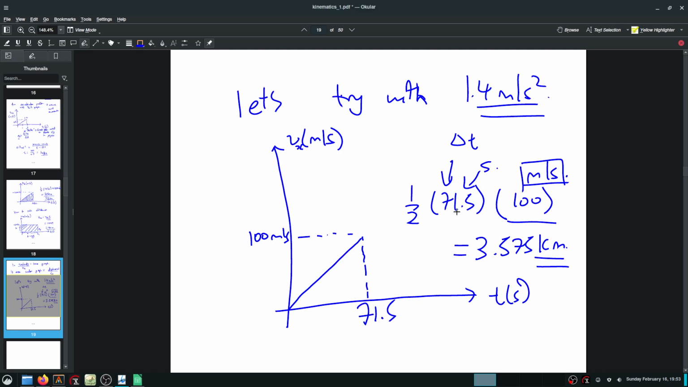Yeah, half times 71.5 seconds. So the seconds cancel out. You get meters at the end, and then I just quickly convert to kilometers because that's easy. So this may be a slightly more palatable runway, a more reasonable length than